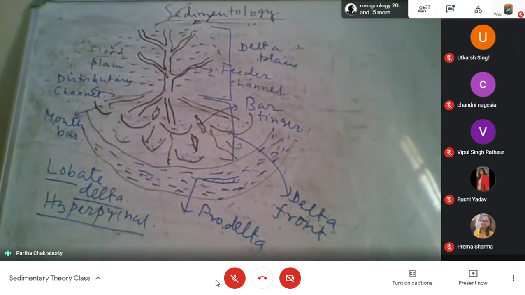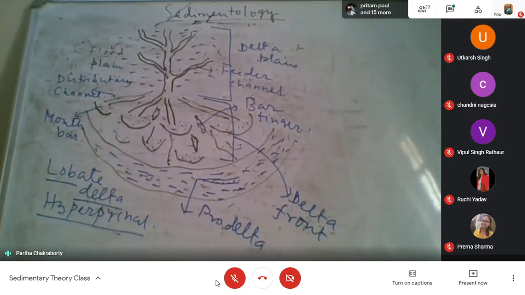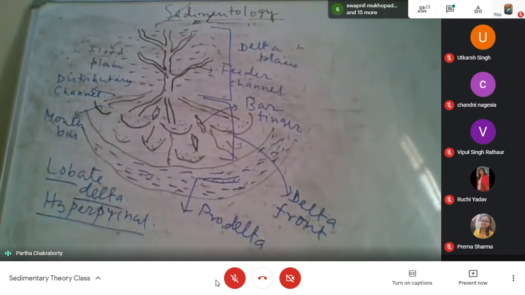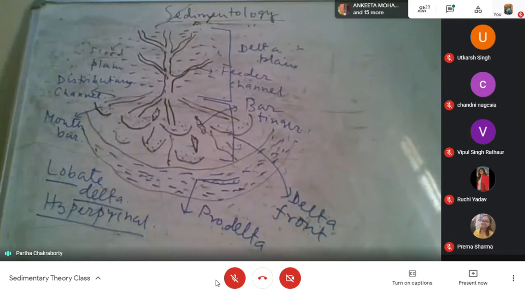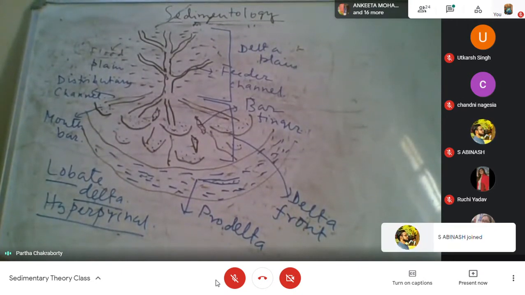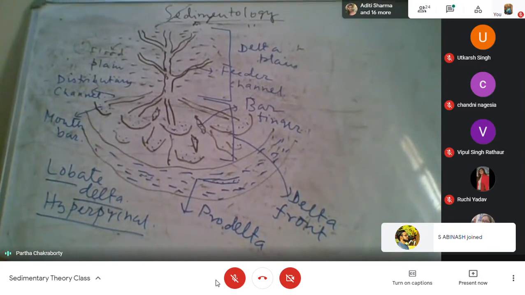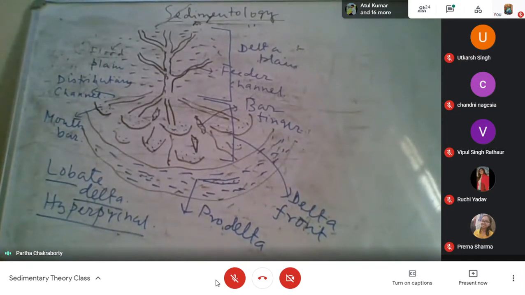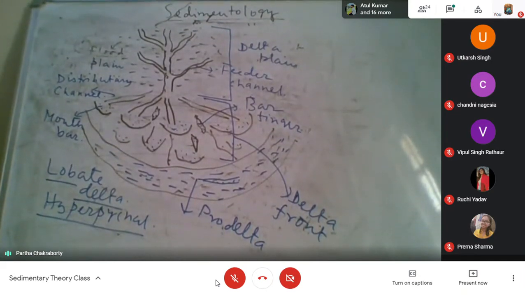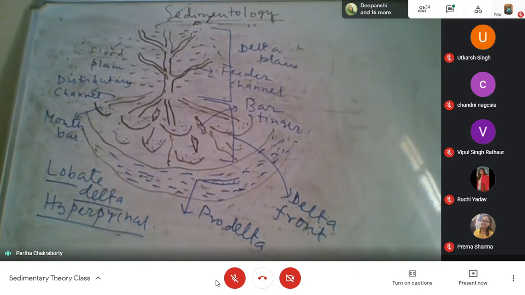As I have told you, this is a lobate delta model. We have discussed there are different kinds of delta. You can have a Bartfoot delta, lobate delta, Caspet delta. This is a lobate delta model, and it is basically formed in a wave dominated, a little wave dominated setting. As I said, the fluvial dominated setting will make the Bartfoot delta. I will also draw a diagram of the Bartfoot delta, how it is.